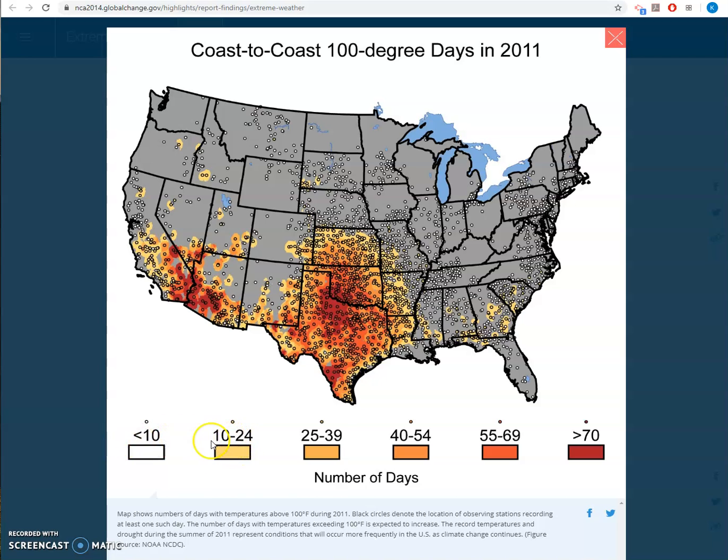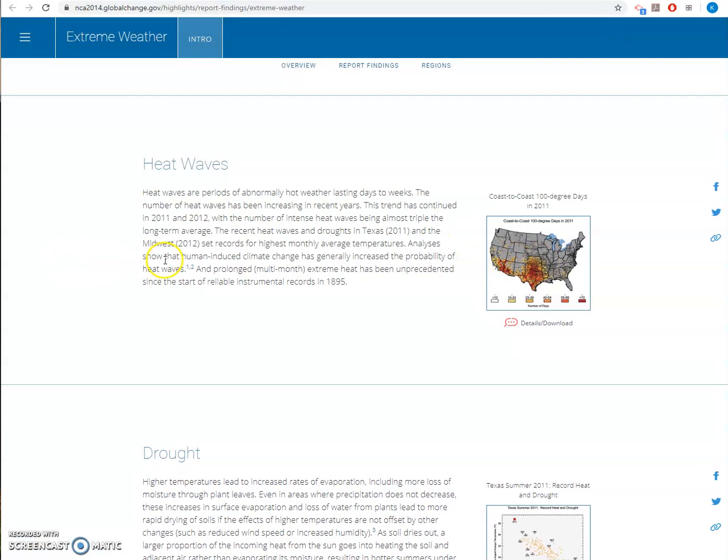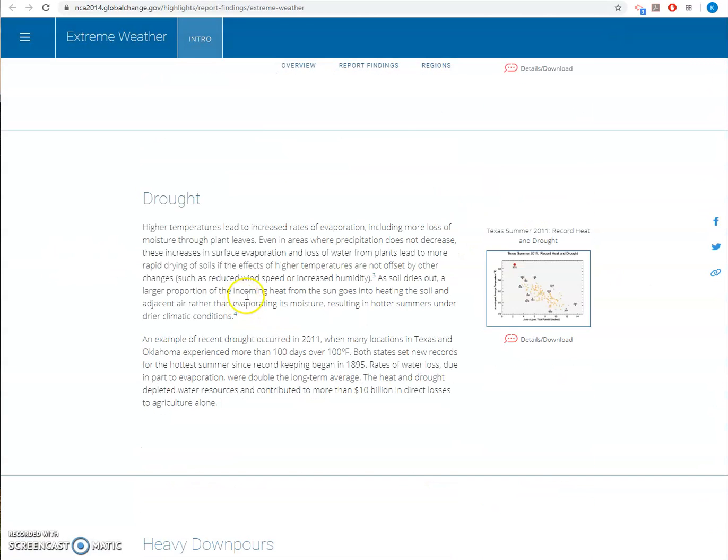So we would have been this lighter yellow color, 100-degree days in our summers, right? So you can see there's some places that are drastically affected by this, have lots of over 100-degree days. This is from 2011, like I said, but it's just there to help you see. You can look up that graph from pretty much any year if you just type it in.